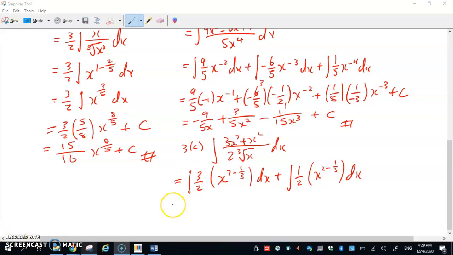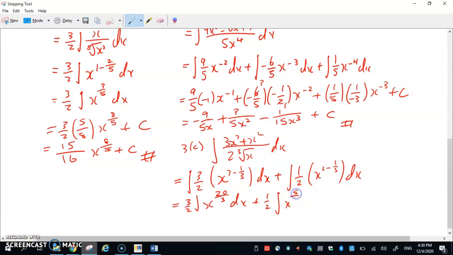Simplifying, we get 3 over 2 integrate x to the power of 20 over 3 dx plus half integrate x to the power of